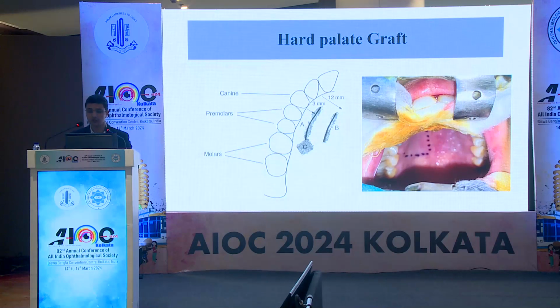Hard palate graft, this is a type of cartilaginous graft. An important site for graft harvesting is the canine premolar area, which is approximately 8 to 13 mm from the mid-palatal aspect. Going beyond 13 mm carries an increased risk of damage to the neurovascular bundle of the